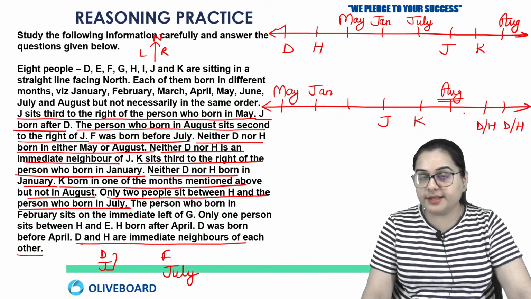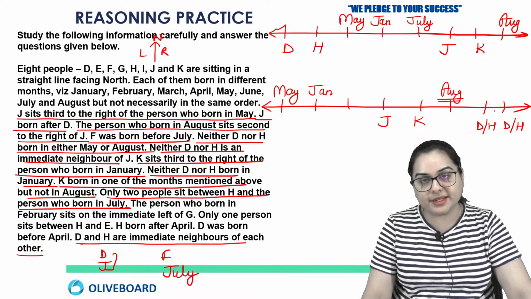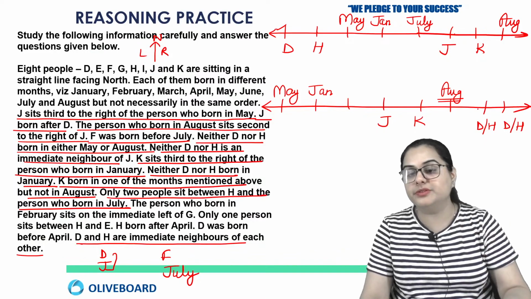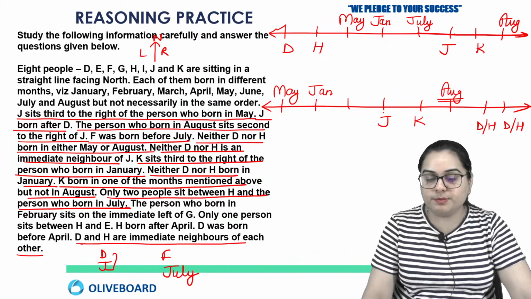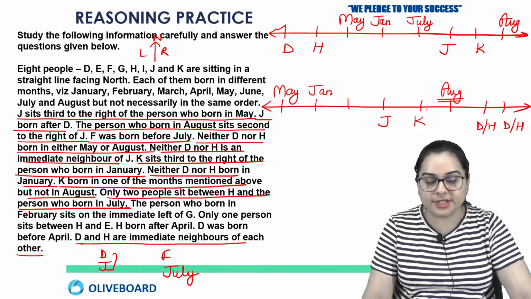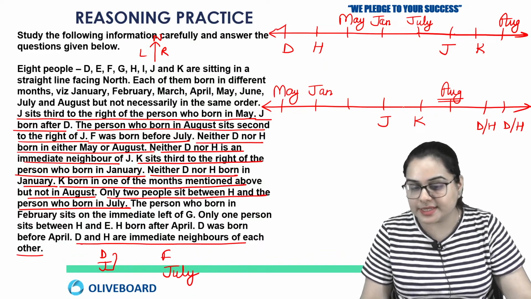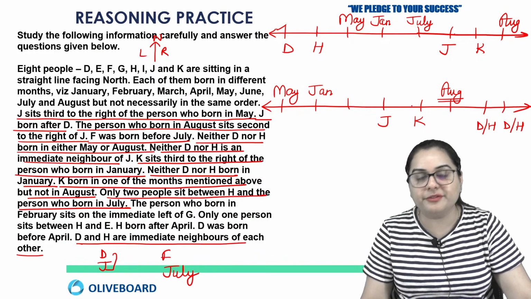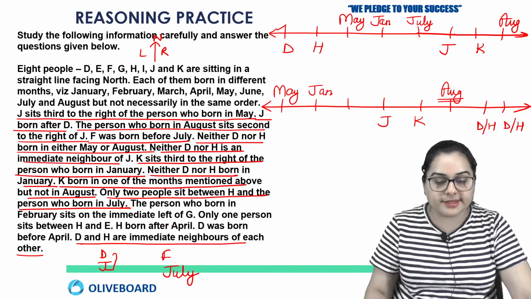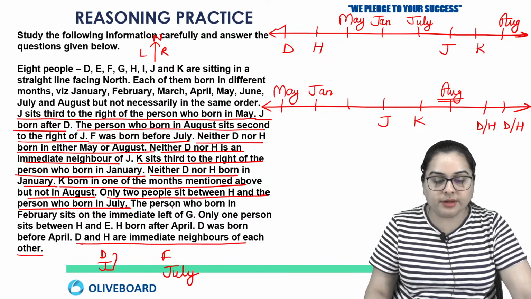But in the second case, there is still a doubt about H, because in both the places I can fill H and July can be filled accordingly. Right, because both J and K are vacant, so July can be filled on both J and K. So we still have a doubt for the second possibility for D and H, but this doubt is clear for the first case.